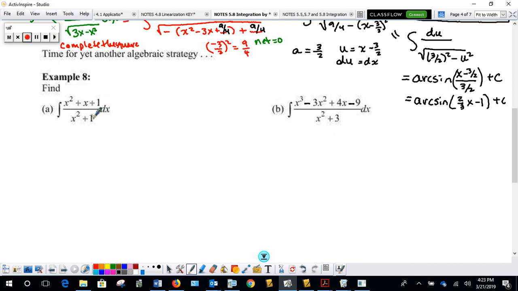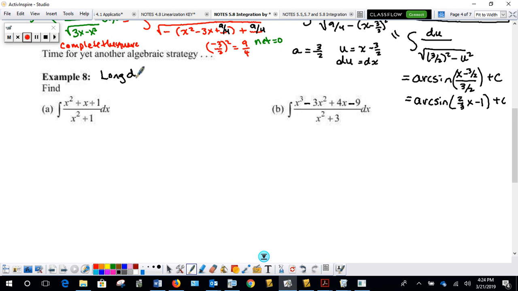Now, splitting this, the 1 over x squared plus 1 would be inverse trig. The x over x squared plus 1 would be a log rule. But then the x squared over x squared plus 1, that one doesn't work out so well for us. And you can't make up algebra. We can't simplify that. So the technique that we're going to use here, this new strategy, is going to be